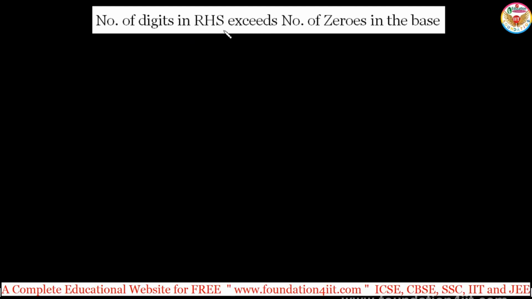Number of digits in RHS exceeds the number of zeros in the base. So generally when you are doing the base method, in case this situation happens, what to do? Number of digits in RHS exceeds the number of zeros in the base. As compared to the previous topic, for example, let us take base 1000, and